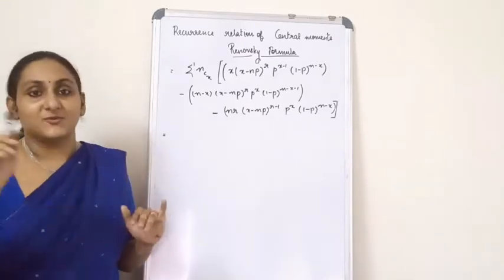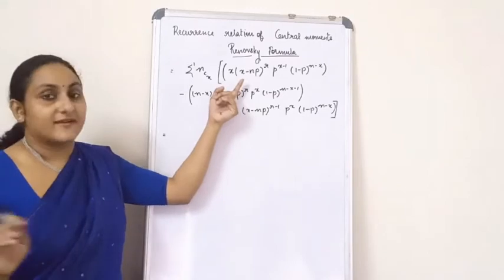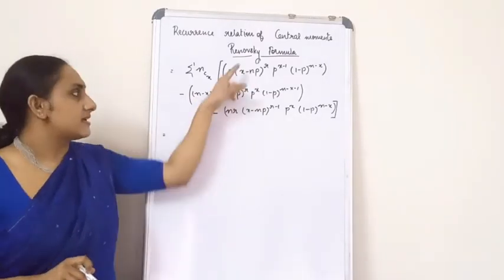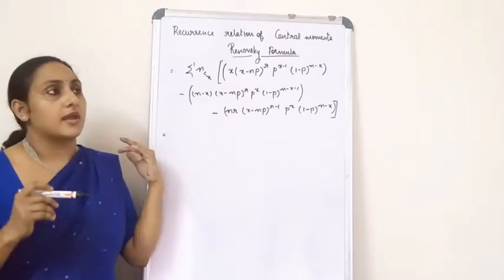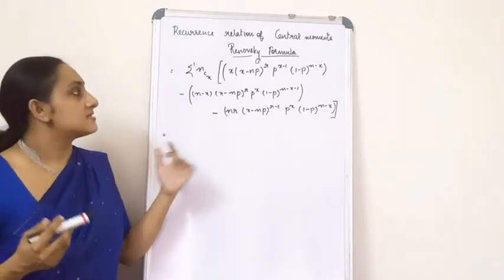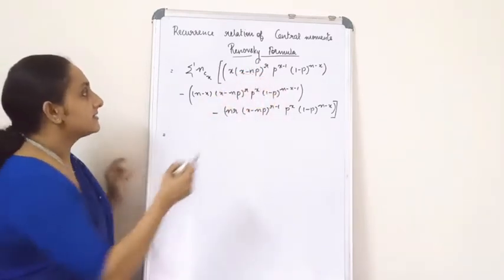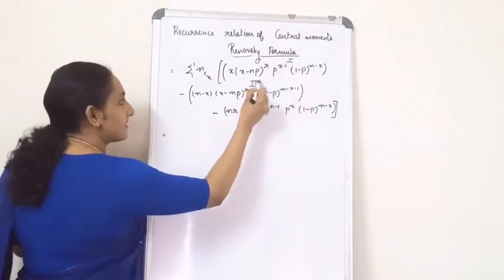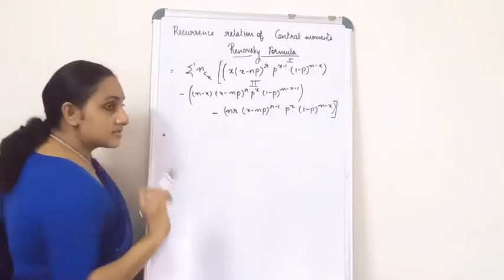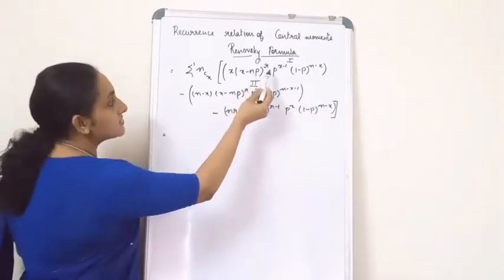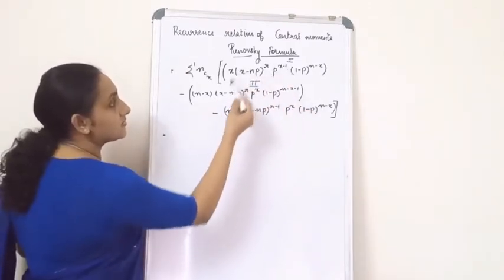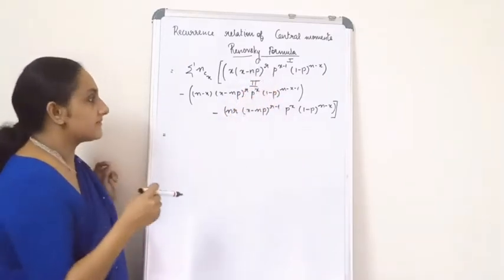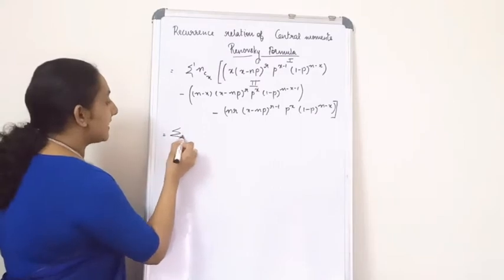Now I know you are confused a bit more. That's fine. Now what I am going to do is, there are many common terms that you see in these three terms. So first I am going to consider only the first term and second term. I am not going to touch the third term. I am going to take the common factors in the first and second term outside. So let's have a look at that.